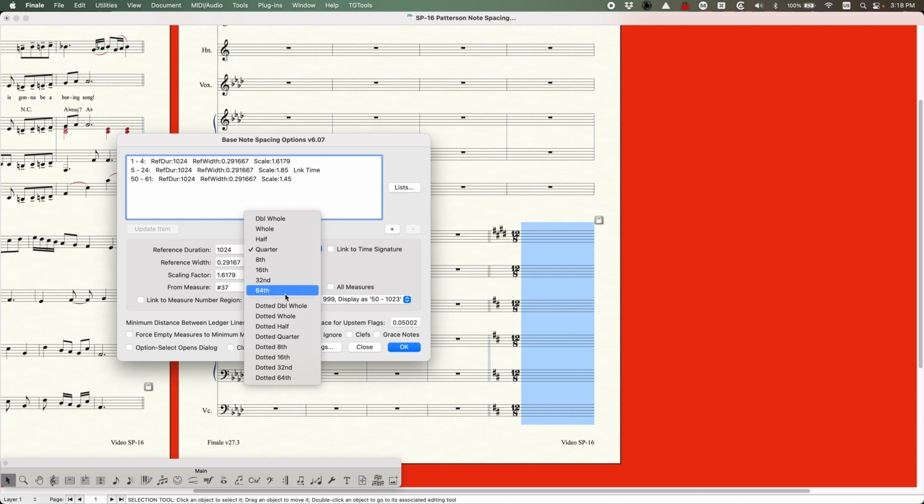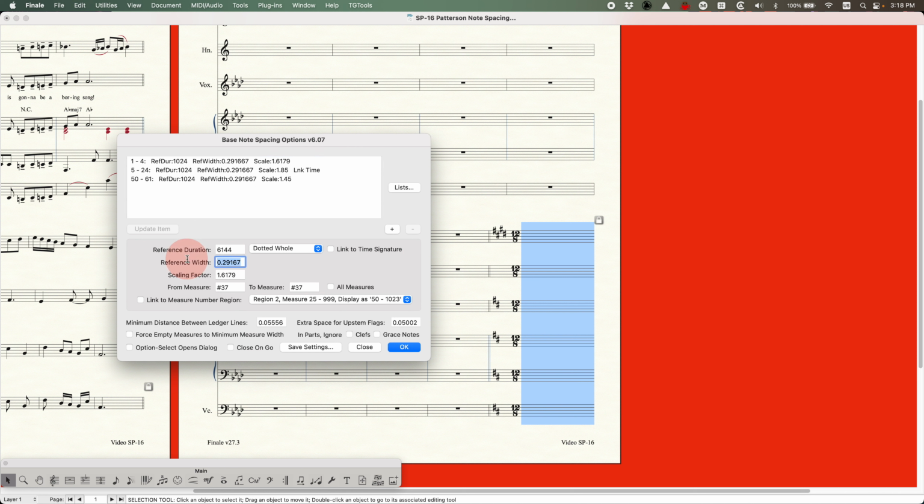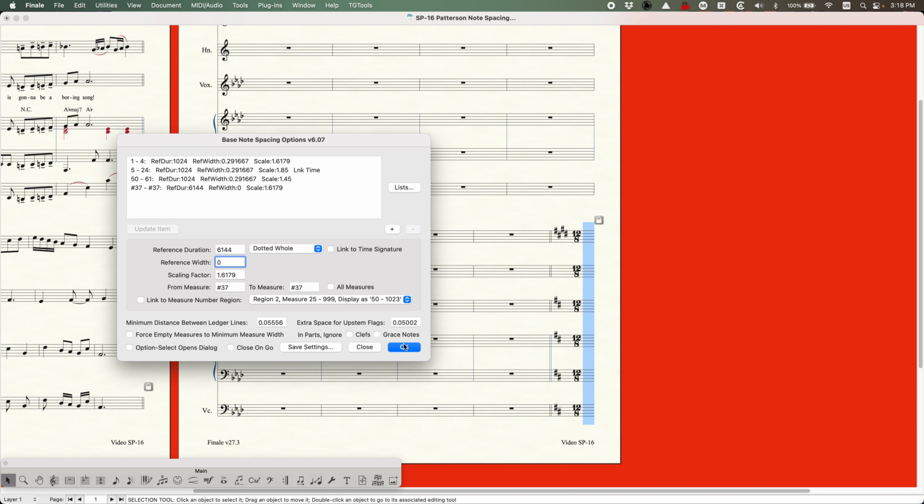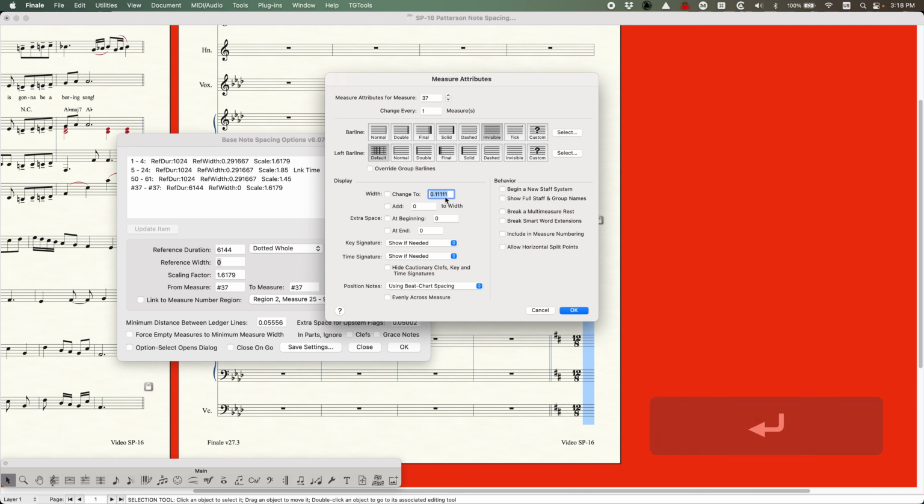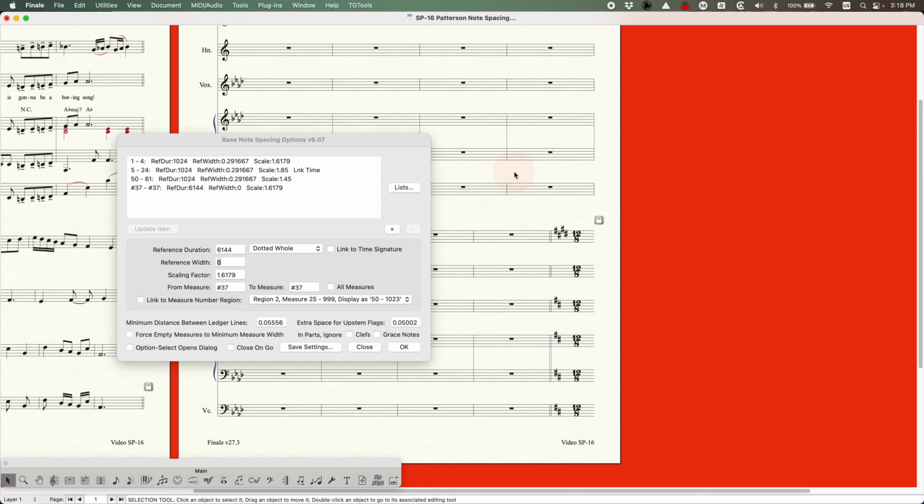So 12/8 is going to be a dotted whole note. And then for the reference width, just make it a negative number. I'll show you what happens if you put it at 0. You would think that then the measure is going to actually turn into 0. But it actually doesn't. You can see that the measure width is set to 0.11111. That actually has to do with